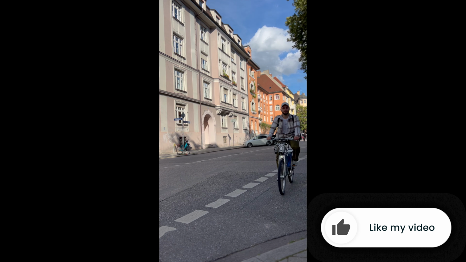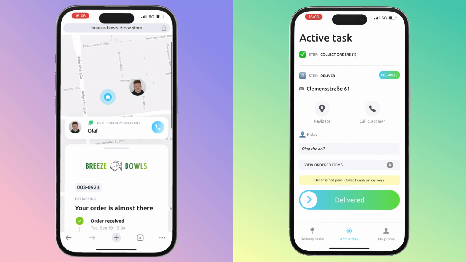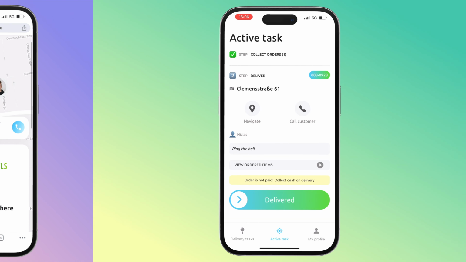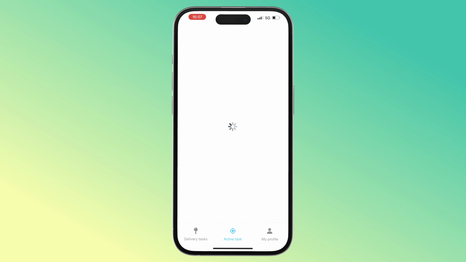But let's continue with our tutorial. Now imagine we arrived to our customer's address and we cannot find their door. We can always give a call to our customer by hitting that call customer button, but this time it was not necessary. I knew where the Clementstrasse 61 is, so I marked this order as delivered after giving the order